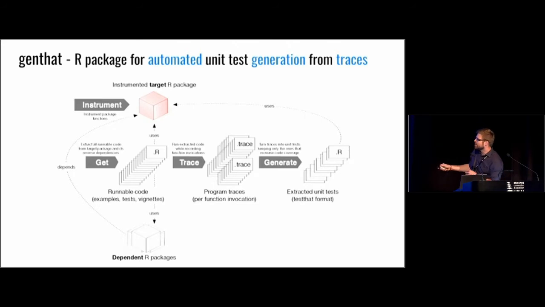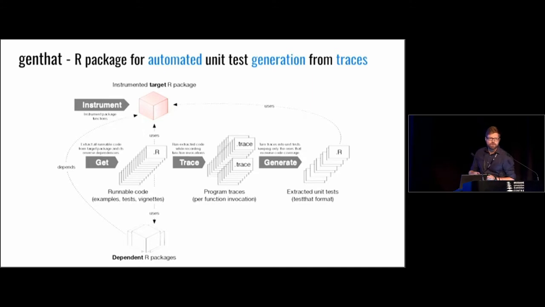Right? And then what we do, we basically gather all the runnable code from the package and from its dependencies. We run all of this by tracing. And now each of these files will contain basically a record that a function has been called, what the arguments were, what the return value was. And then we will try to generate R files